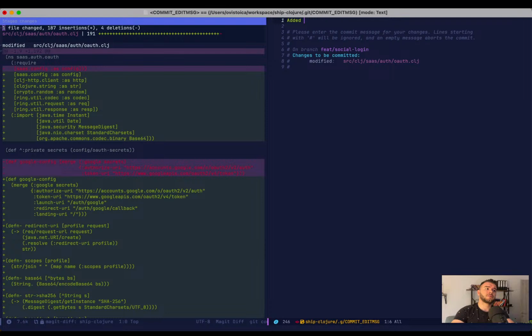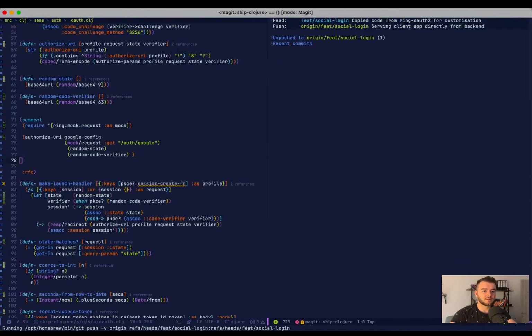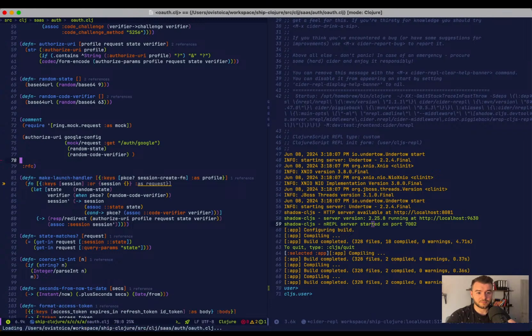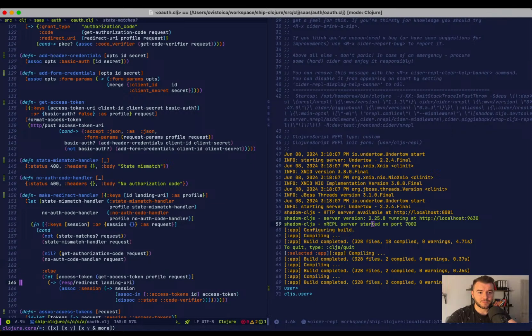Added, no, okay, so copied code from Ring oauth2 for customization. Alright,